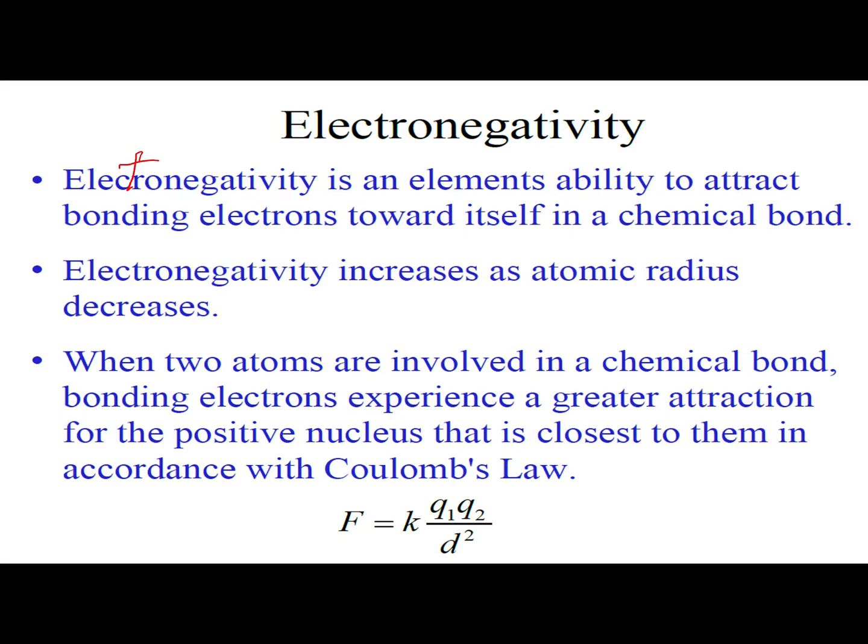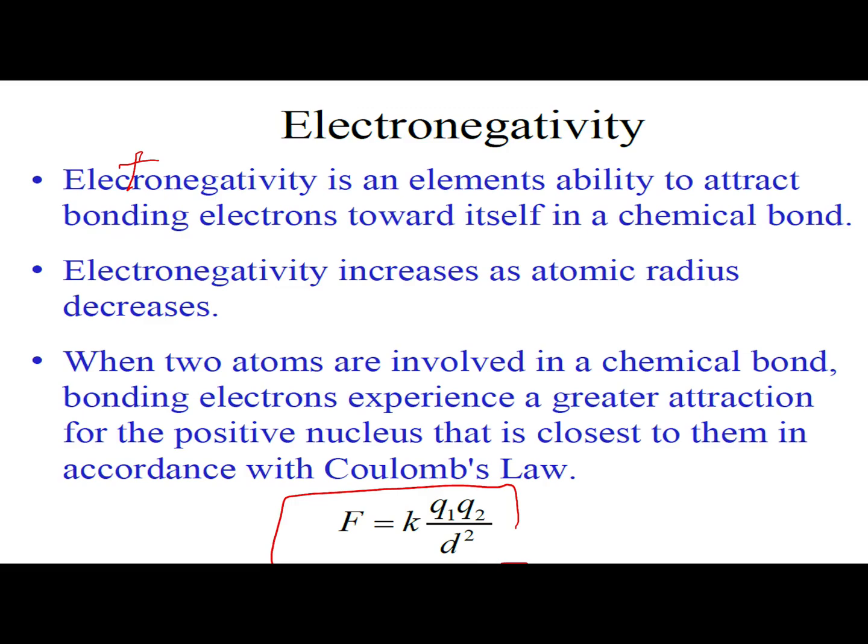So when moving from left to right across a period, more protons are added to the nucleus. The valence electrons are in the same shell. As the positive charge increases, it exhibits a greater force of attraction on those electrons, according to our friend Coulomb's law. So that's going to pull the electrons closer to the nucleus. It's going to decrease the